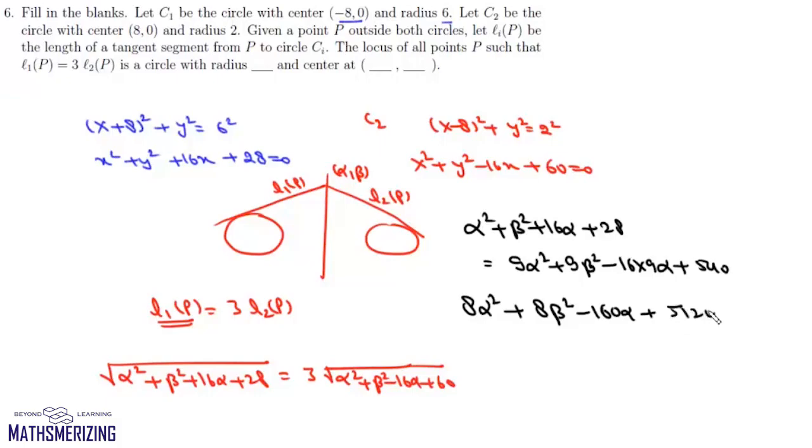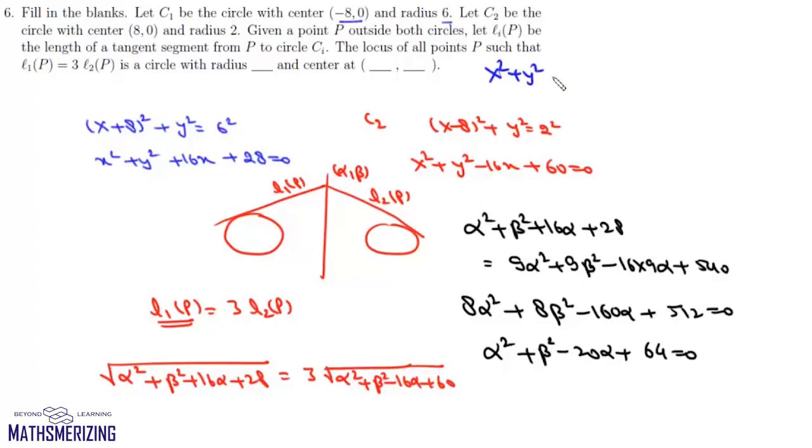So it will be 512 equals 0, which is alpha square plus beta square minus 20 alpha plus 64 equals 0. So locus of this point P, it will be this circle whose equation is